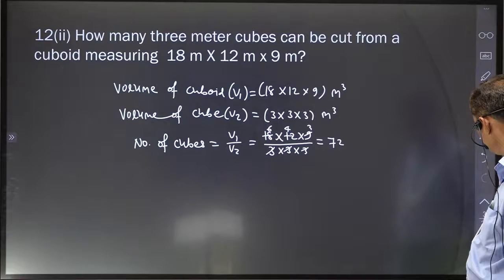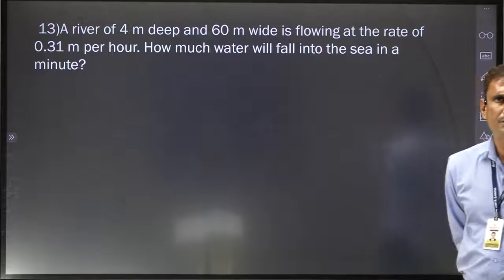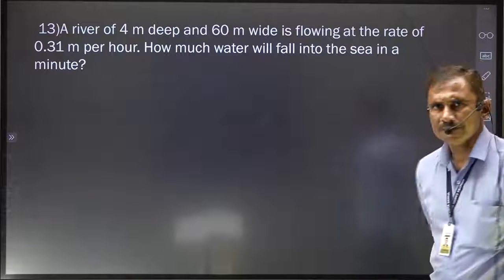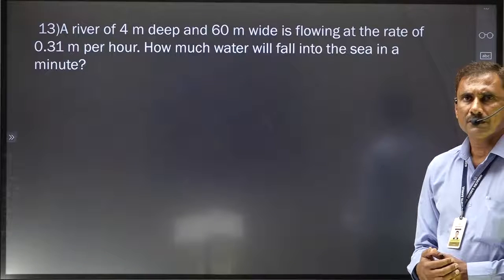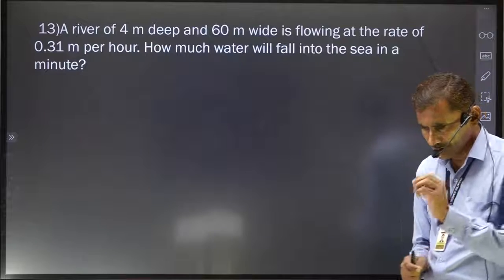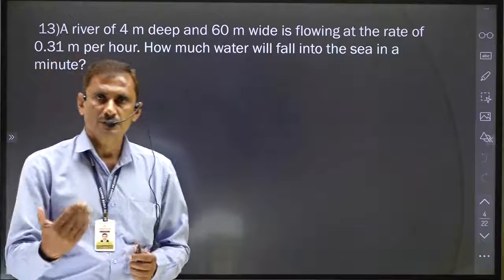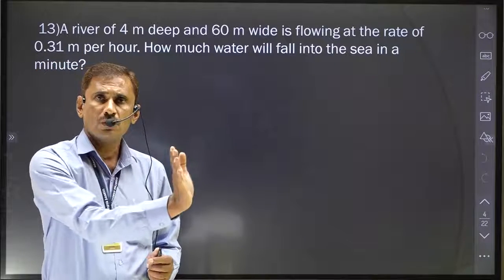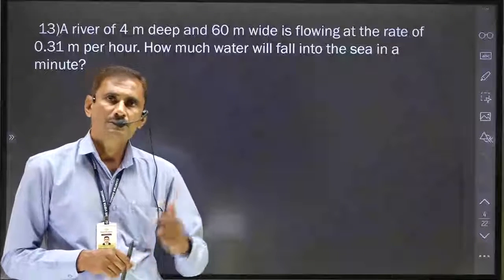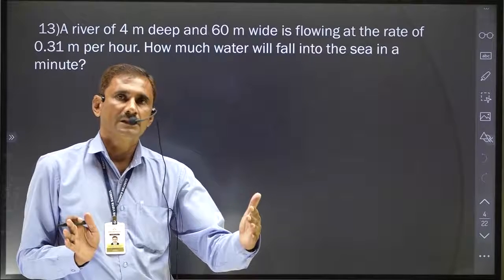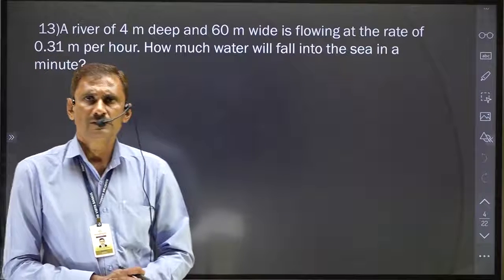Okay, next, question 13. Now this is somewhat new to you. Actually here something live is first time we are having, meaning water is flowing. So in this type of sum, what to do? First of all understand the concept. You just find how much liquid, meaning water, flows in a given time. So from the speed given, from that you can decide the length in a given time. Okay, and then you can find volume as usual.